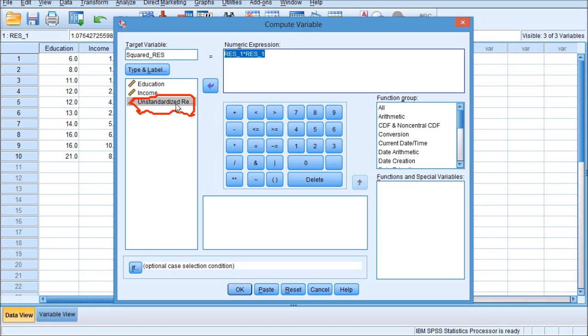One more time, move this variable into this numeric expression to do the calculation. Okay, and times this variable again. Residual times residual is squared residual. Okay, and click the OK button.